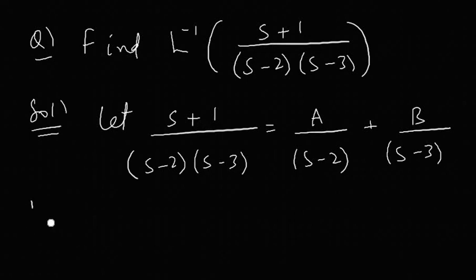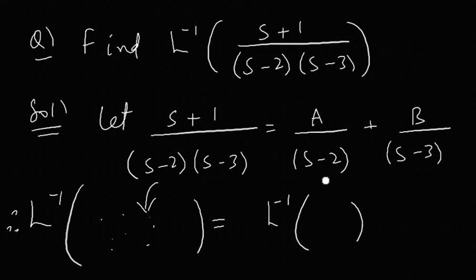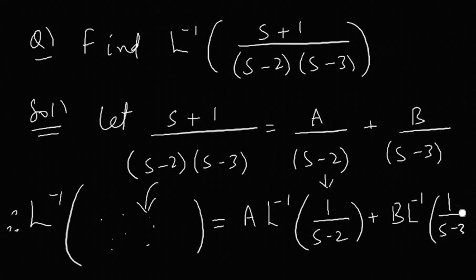So what I now do is, therefore, L inverse of this particular value, to save time I'm not writing all this, is equal to L inverse of this value. So I'll just simply write 1 by s minus 2, and I'll take that constant outside. So it will become b into L inverse of 1 by s minus 3. Now you know that for first degree it is just e to the power of t. So a will be there, e to the power of 2t, and plus b value, whatever b value comes, negative, positive, fraction, whatever, that b will be there as it is, e to the power of 3t. So this is how the problems can be done.